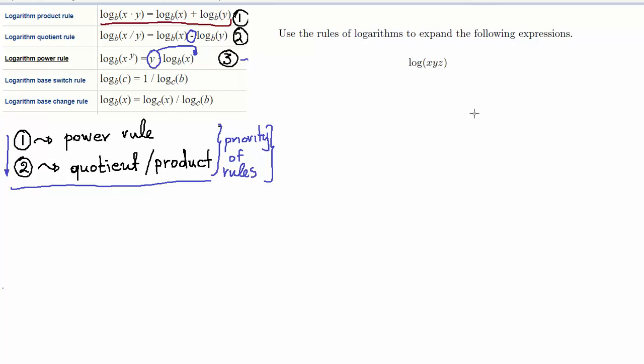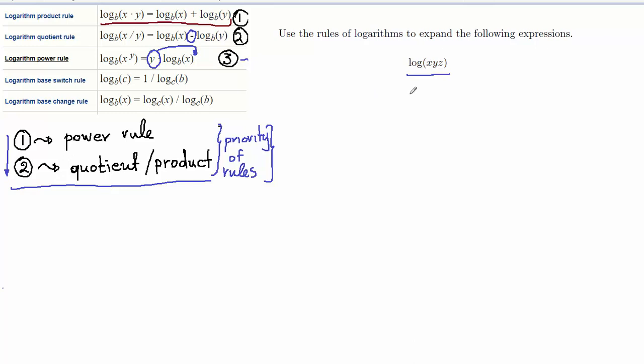We have already used the rules of logarithms to combine logarithms from many different terms into one logarithm. Now we are going to see the opposite process. We have one logarithm, as you can see right here, and what we want is to use the rules of logarithms in order to change it into an expanded form, meaning in order to rewrite this as a sum and a